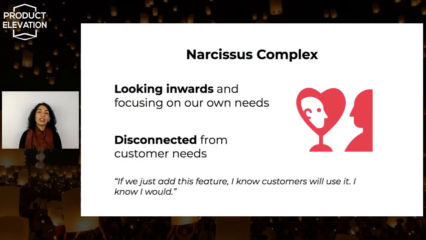This next disease is narcissist complex. This happens when we're so focused on our own goals, what we think customers need, that we sometimes get disconnected from what the customer actually needs. So in this case, Paul felt like, if only I had this feature to pay for someone else's coffee, I would use it. So clearly my customers would use it too. Well, it turned out that that's not the feature that made customers actually want to buy someone a coffee. So that's narcissist complex, when we're just focused inwards on our own goals.